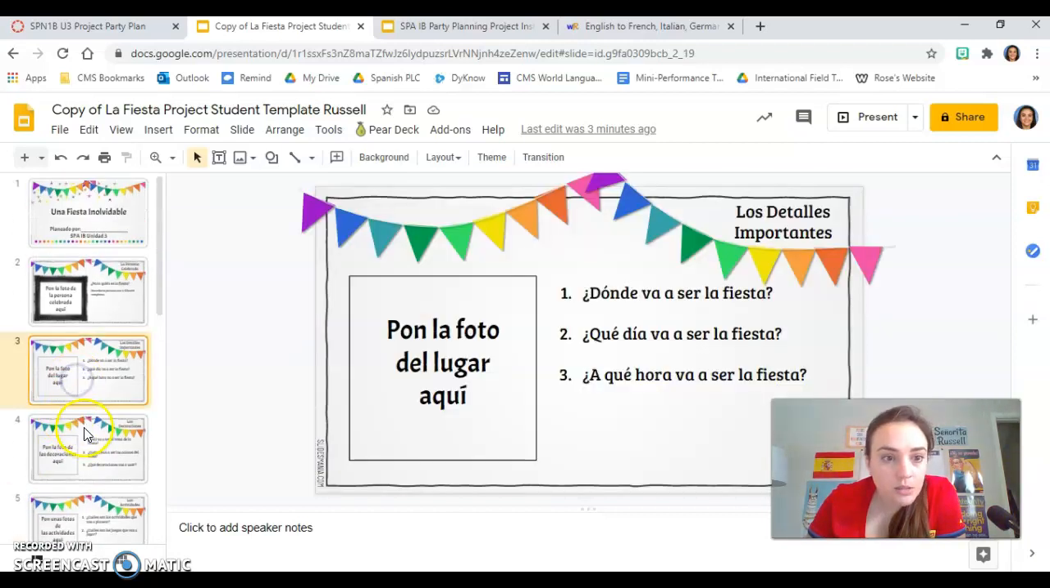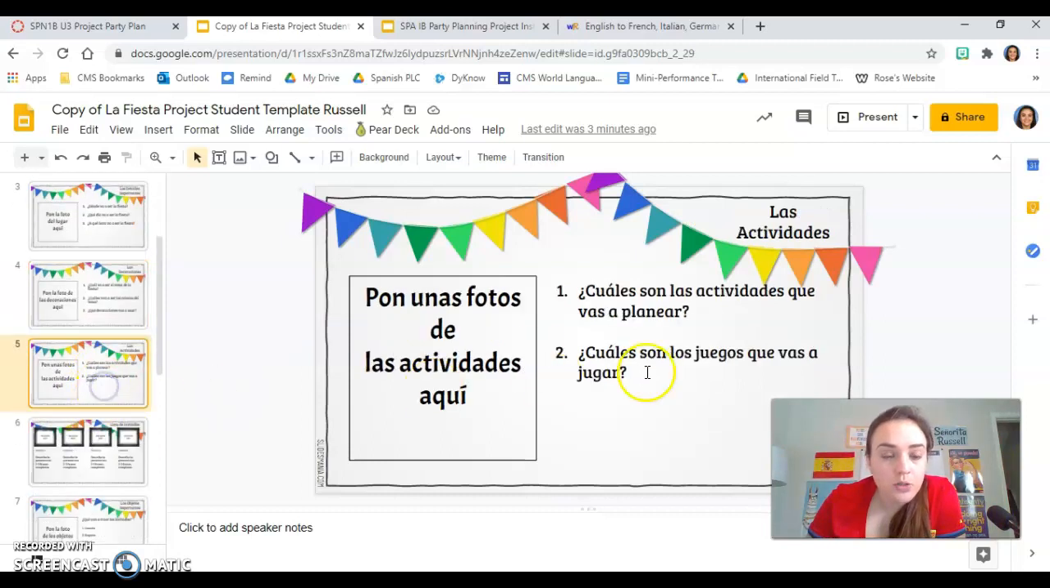So then you are going to put the activities and the games. So, ¿cuáles son las actividades que vas a planear? Y ¿cuáles son los juegos que vas a jugar? So, with that,